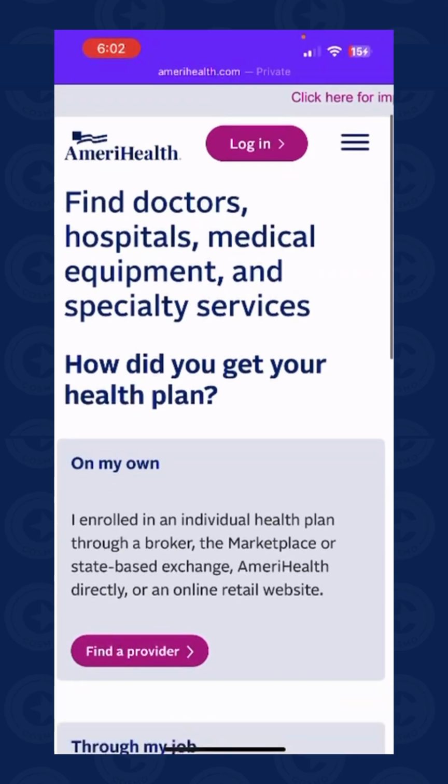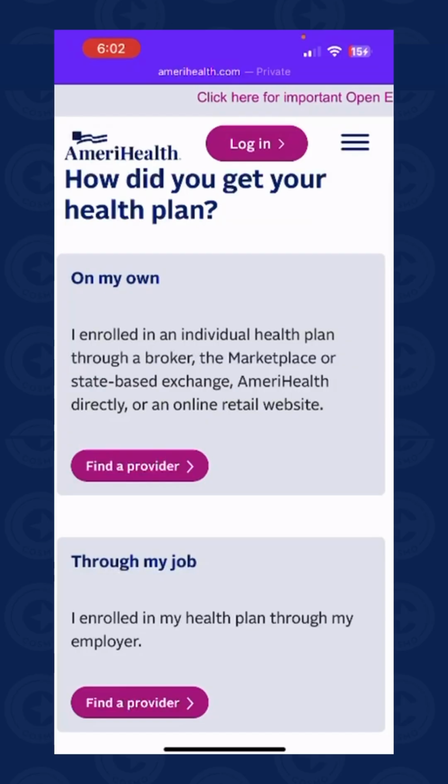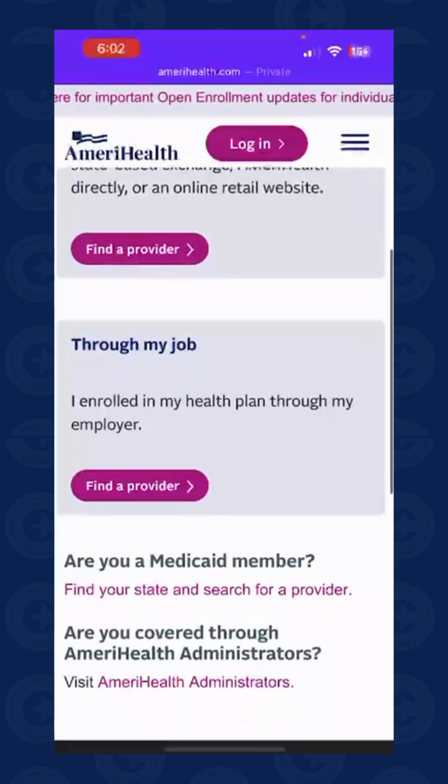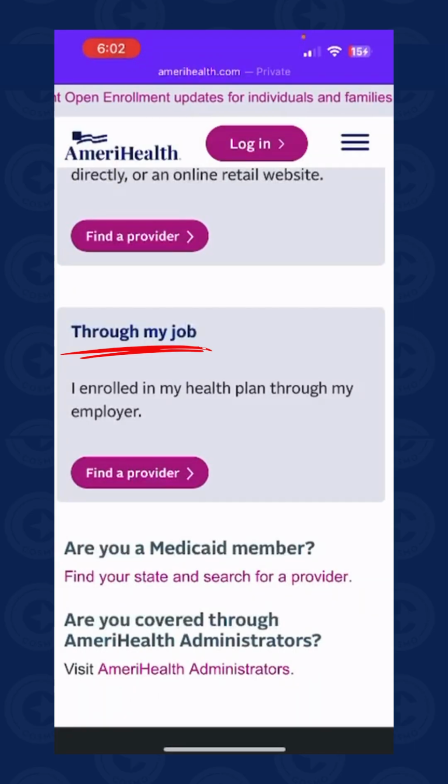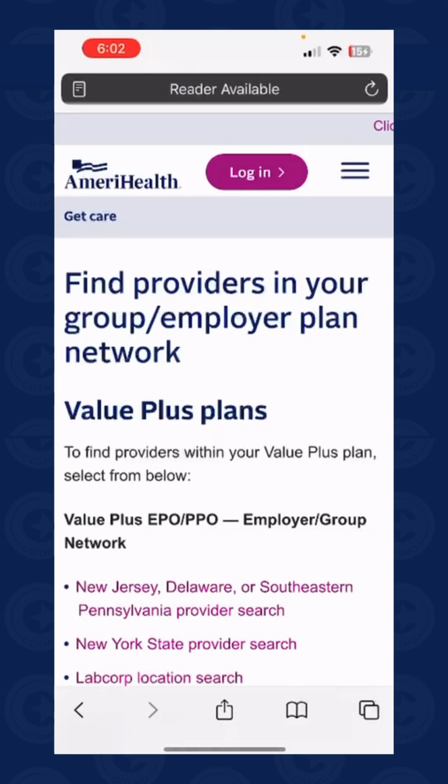And when you click on Find a Doctor, it's going to ask you on my own plan, which means a personal individual plan for all those individuals. You just click Find the Provider here. And then Through My Job, you're going to say Through My Job. So today we're going to show you Through My Job, but it really works the same. So you're going to click on Find the Provider, and over here it's going to detail exactly what kind of